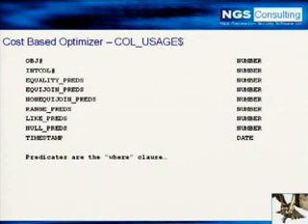And these predicates here are essentially a where clause. So for example, this like_preds here would indicate that someone has done a query like select password from DBA_USERS where username like 'SYS%'.